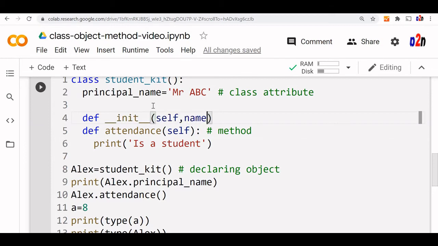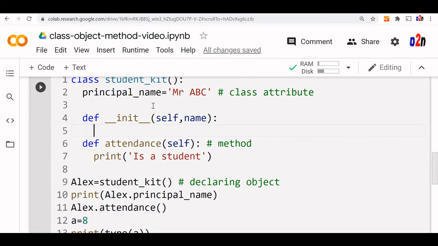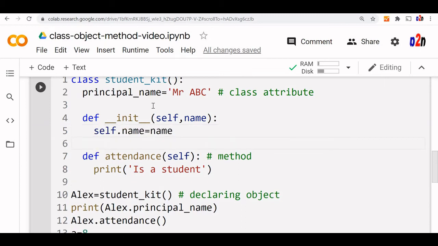Now I am just taking one more attribute here. Now what I will do, I will assign self dot name to name. Fine, that's all. I have initialized. So this is the default name, 2 underscores, init, and 2 underscores again. So this is the initialization of the variable.